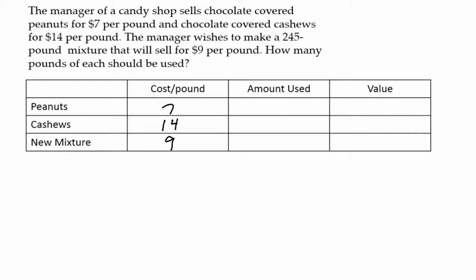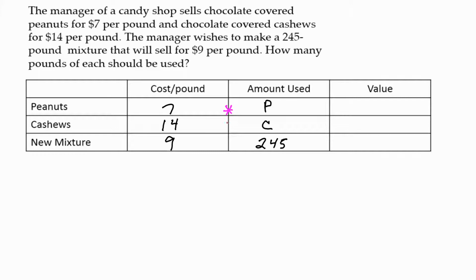We don't know how many pounds to use of peanuts, so we can just assign this the letter P or X, whatever letter you want to use. Cashews will be C. But we do know how many pounds we're going to make of this mixture, which is 245. So we can fill that in. Now the value can come from the cost per pound and the amount used. So when we do these types of problems,